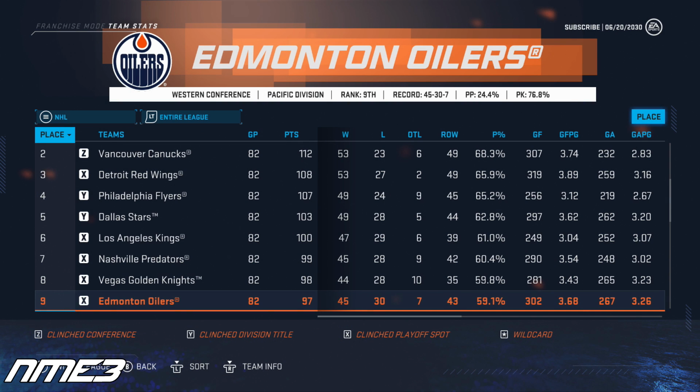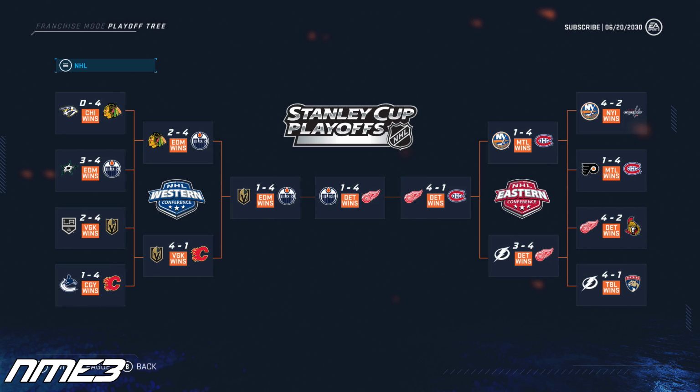After 4 straight first place finishes, the Edmonton Oilers fall a bit in the standings in year 11 as they finish 9th in the league. Despite this, they go on a deep run in the playoffs and fall in the Stanley Cup Finals to the